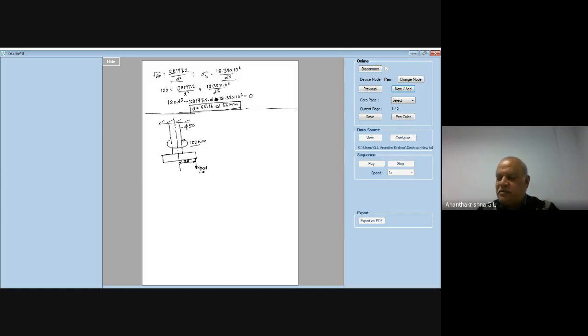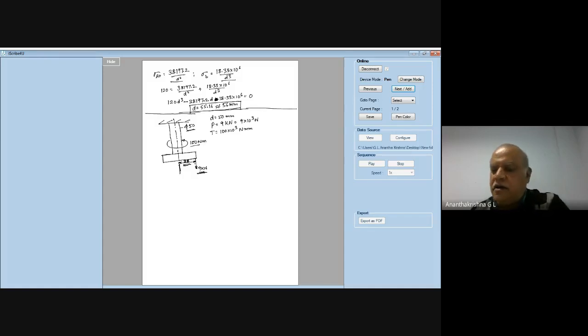Okay. Others, please look at the screen now. This is the shaft of diameter 50 mm given to us. So therefore, D is equal to 50 mm. Through the disc, there is going to be a load of 9 kilonewton acting. And if you look at the distance from the centroidal axis of the shaft, there is an eccentricity of 28 millimeter. Also it is subjected to a torsional moment of 100 into 10 power 3 Newton millimeter, and a load of 9 into 10 power 3 Newton.